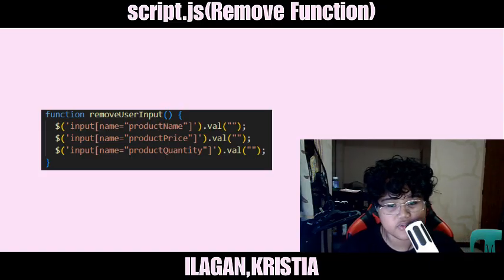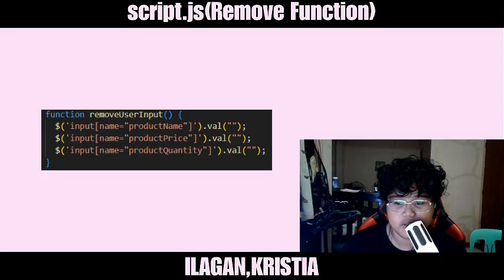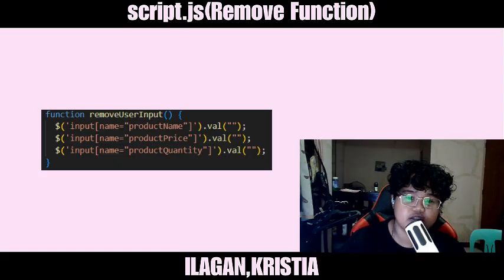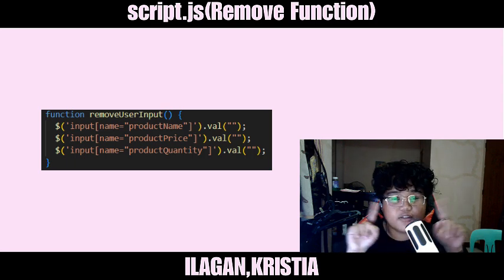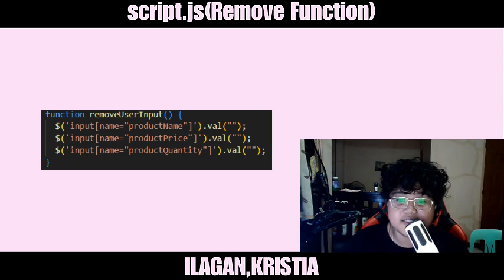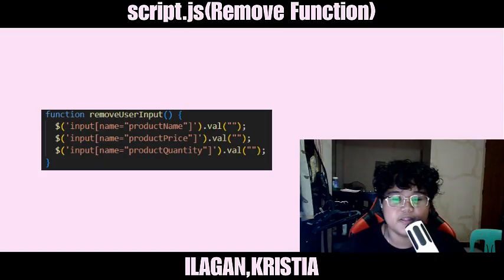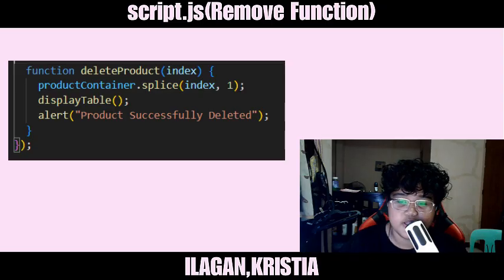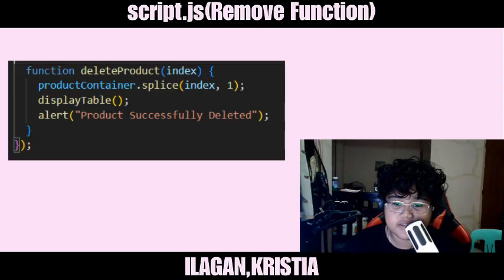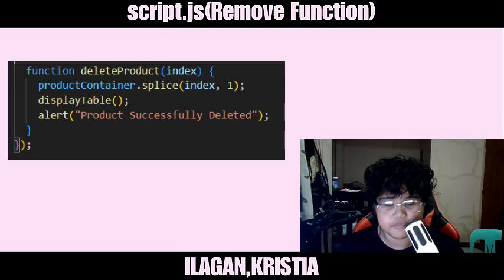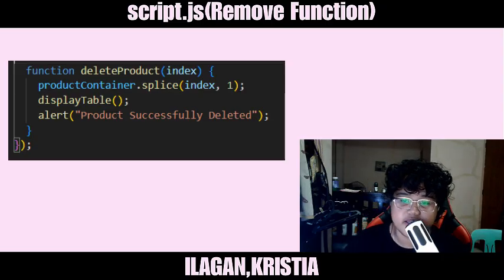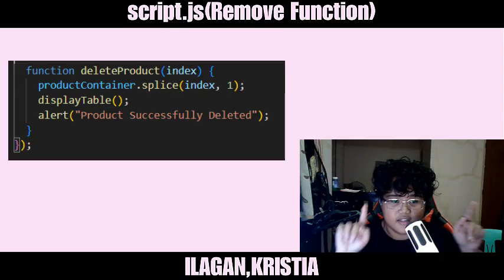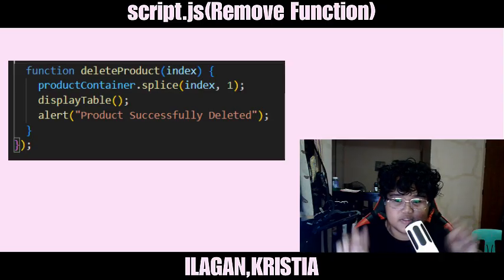Next, the code listens for a click event on any button with the class btn-remove. It uses $(document).on to handle dynamically created buttons. When a user clicks the delete button, the system retrieves the index of the selected product using data("index").